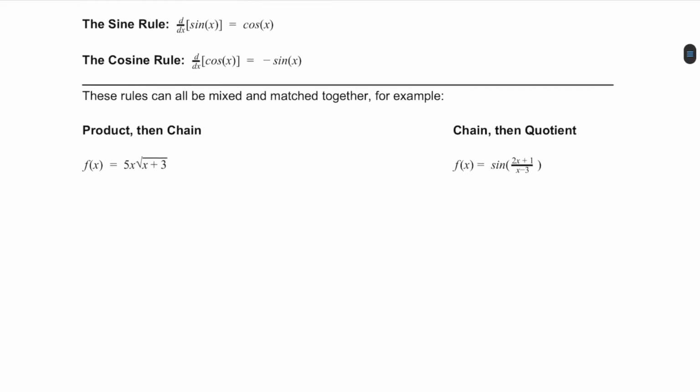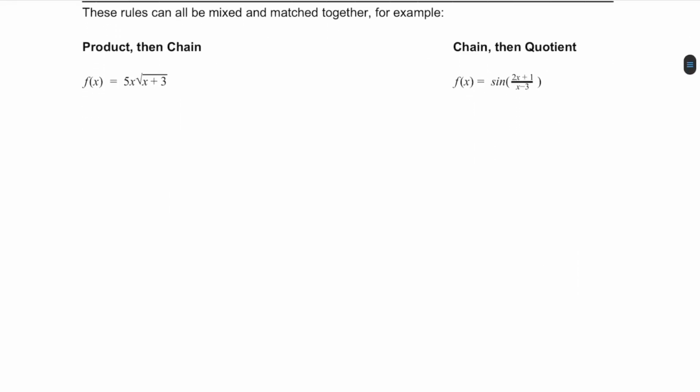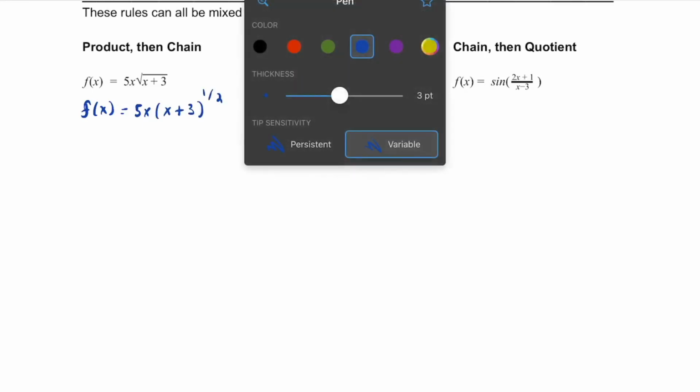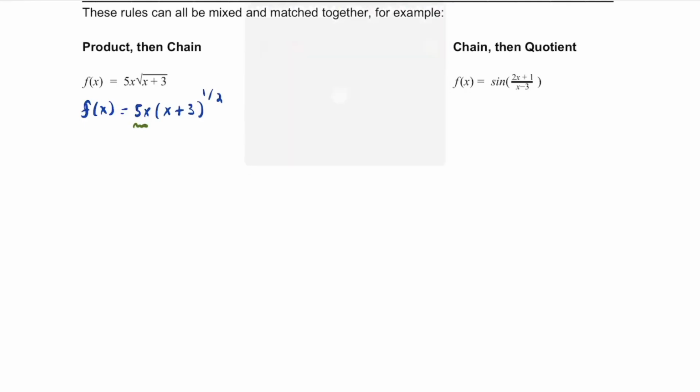So quick review, right? These rules can be mixed together. If we had f of x is 5x times the square root of x plus 3, I don't even really think about this until I've first taken that x plus 3 in a square root and converted it to an x plus 3 to the 1/2. Well, what do we have here? We really have a 5x multiplied by an x plus 3 to the 1/2. So what we first have is the product rule. F prime times g, this is the easy one, f prime times g